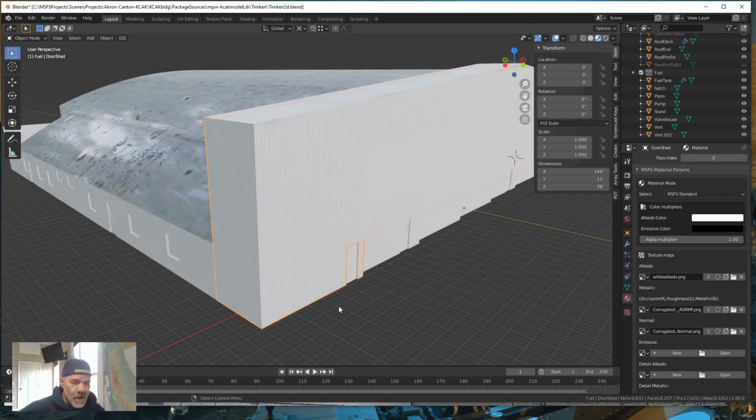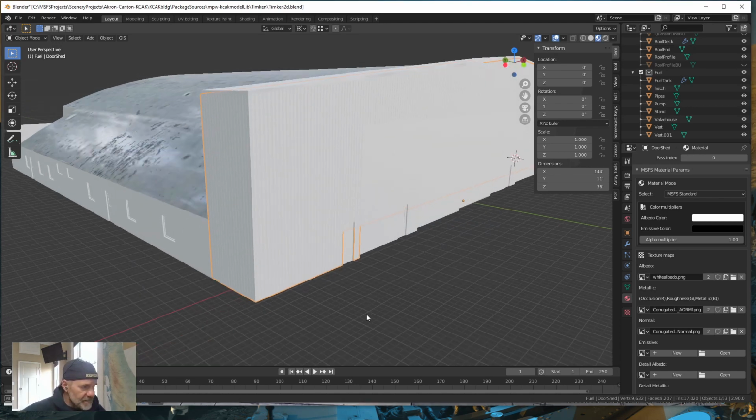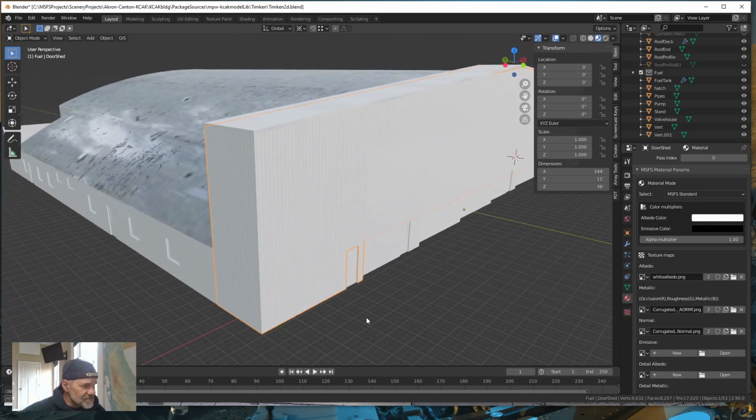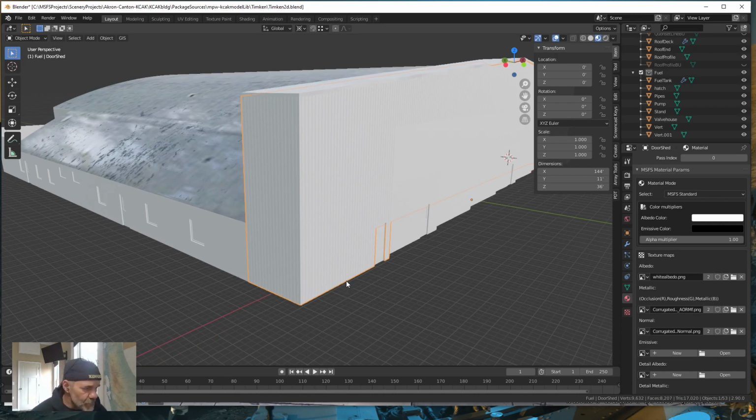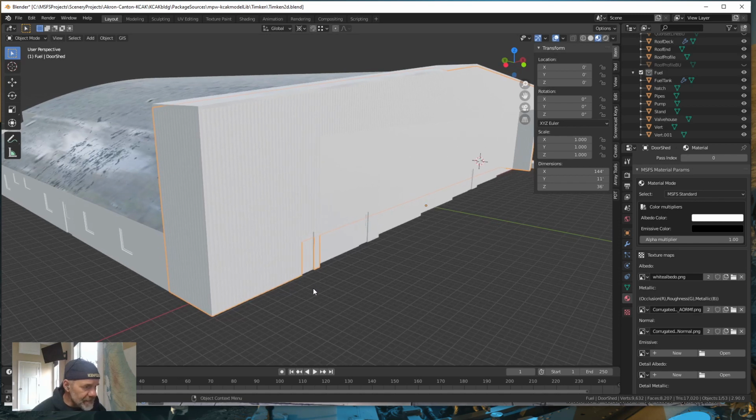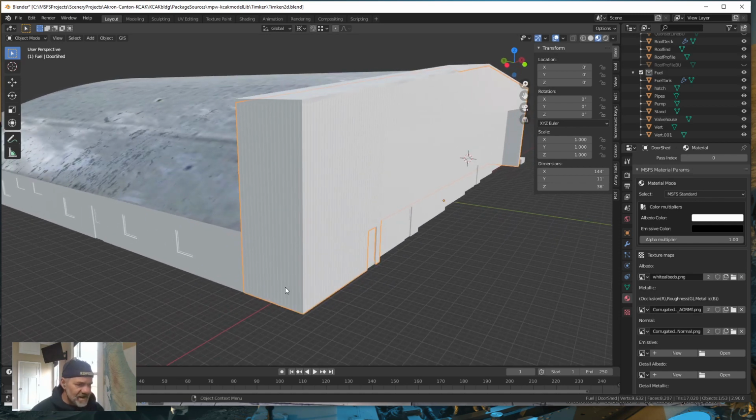Now we get our white back, right? But we're still losing that three-dimensional aspect to it because it's flat colored. There's no shininess. So what we want to do is we want something kind of in between shininess and flatness,